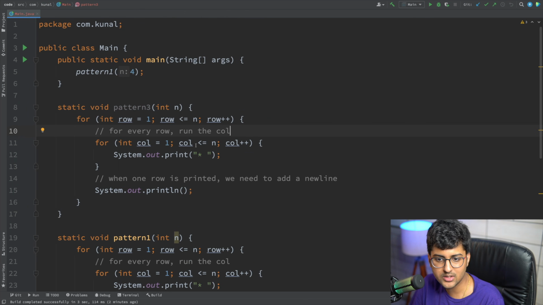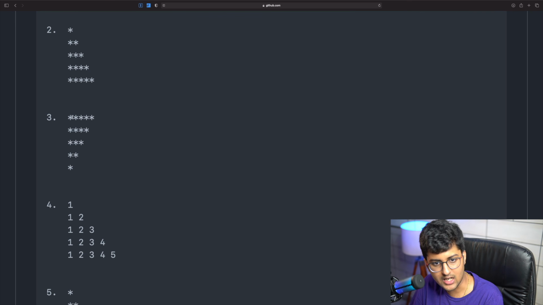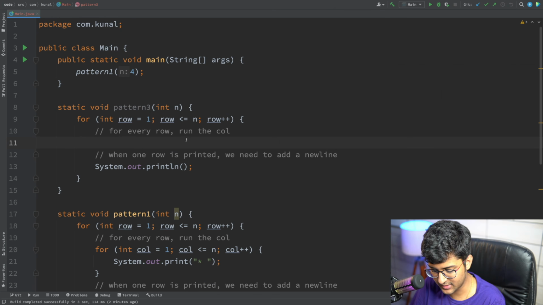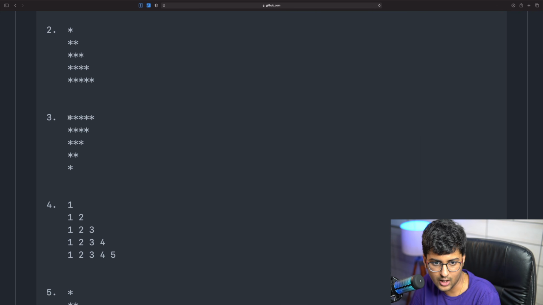So can I not do something like this? For every column, column is actually going to start from 1, but what will the limit be?